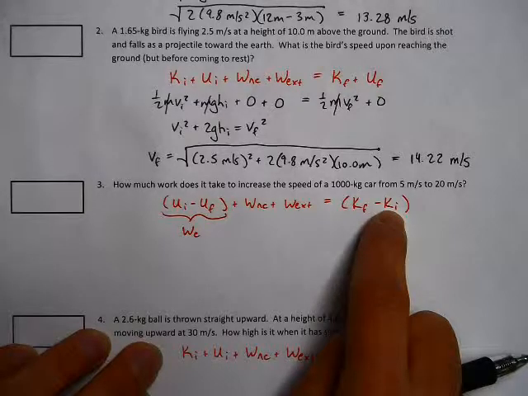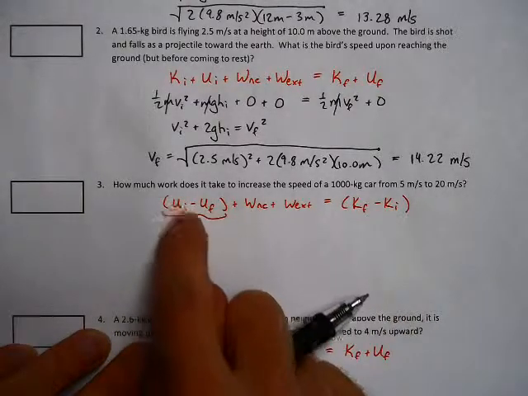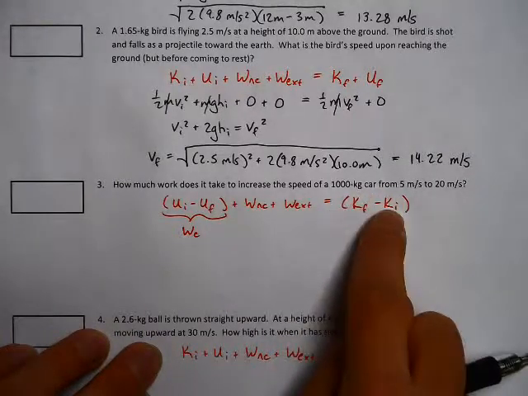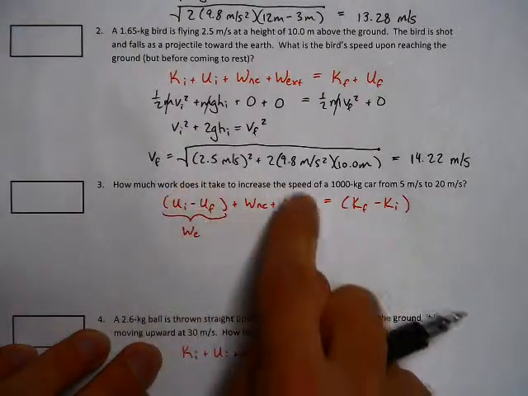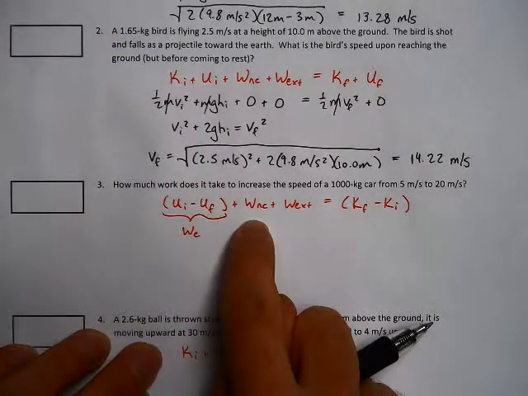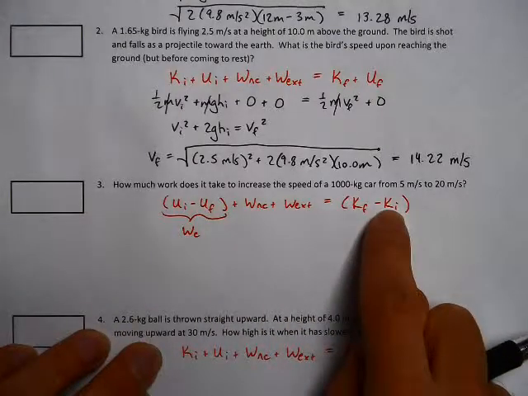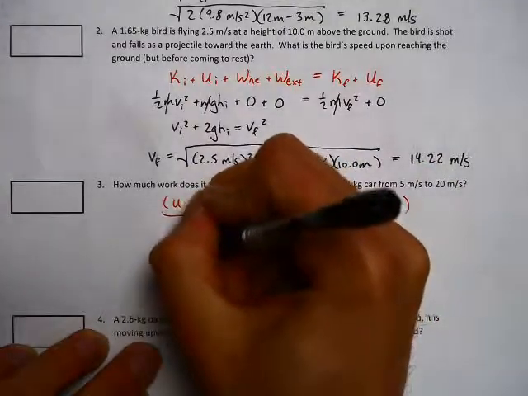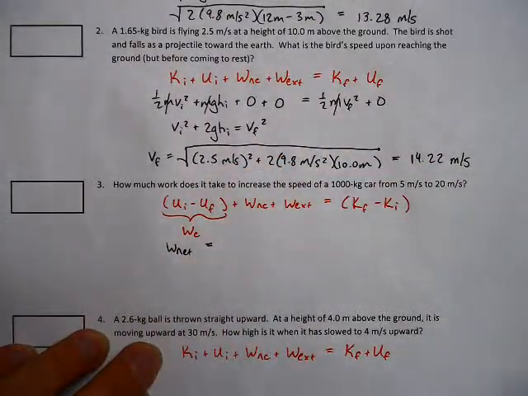This is the work kinetic energy theorem. The total or net work done on an object is equal to its change in kinetic energy. We want to find out the overall work done, how much work is done, and so we need only find the change in kinetic energy to have our answer. So we say the net work done is equal to